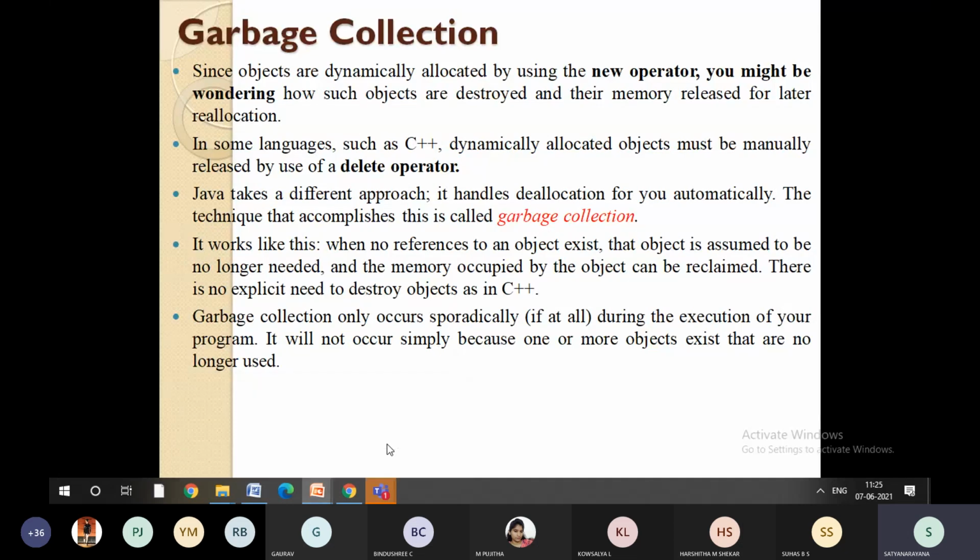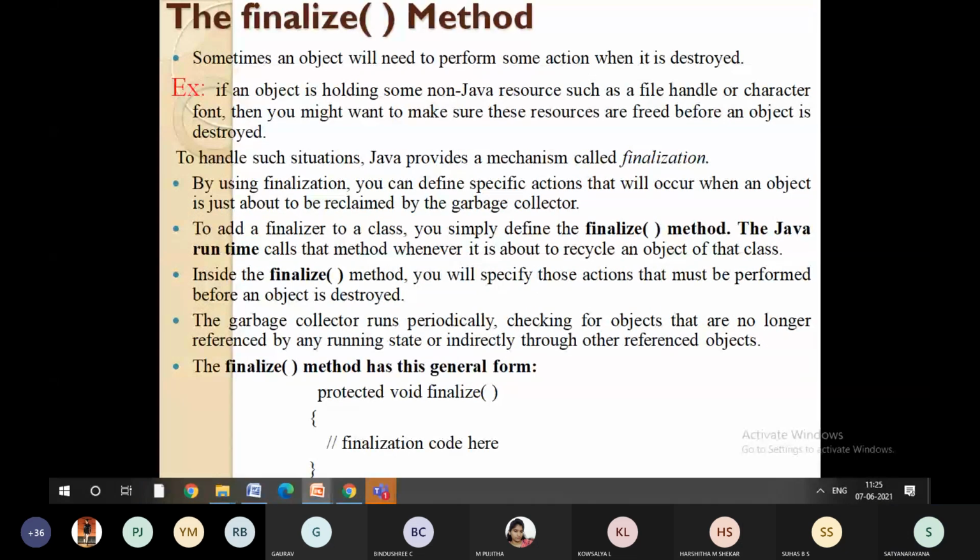Now, we also have a method called the finalize method. So what will this finalize method do? See, let us assume the compiler has deallocated memory for the object. Later the object finds that it needs to do some more process. Then what is going to happen? The compiler will automatically deallocate the space, but again the object thinks that it needs to do some other process.